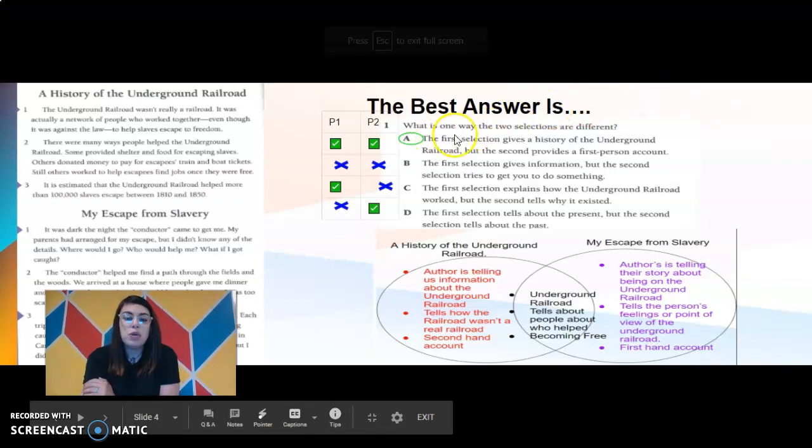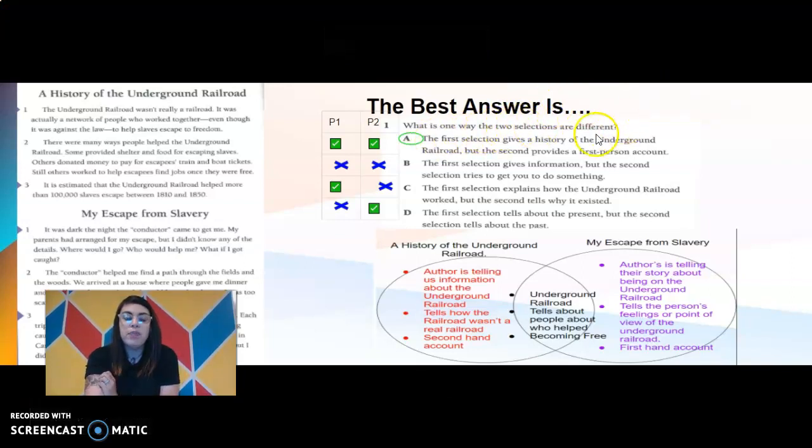For slide 4, I basically just gave you the answer because I just wanted to show you the answer. It says, what is one way the two selections are different? And you see that I picked A. The first selection gives a history of the Underground Railroad, but the second provides a first-person account. Remember, a first-person account means that that person was actually there and they're writing about their experience. And that happens in this one because it says, where would I go, would it help me, what if I got caught? So that tells me their personal experience, while the first passage tells me the history of the